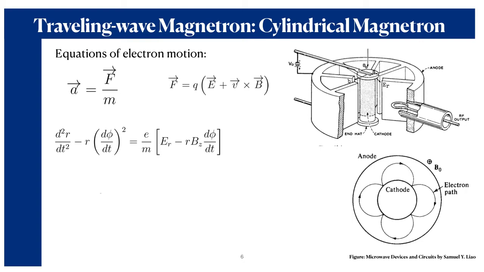Here I have assumed that B naught is the magnitude of the magnetic field along the positive z direction. So this vertical direction is representing the positive z direction. That is why Bz is appearing over here. Practically the value of Bz equals B naught. If you consider this direction to be the negative z direction, obviously there should be a plus sign.